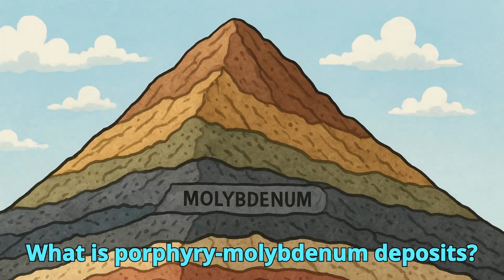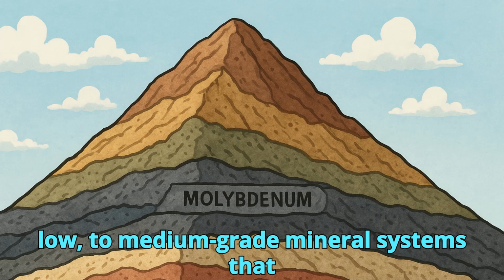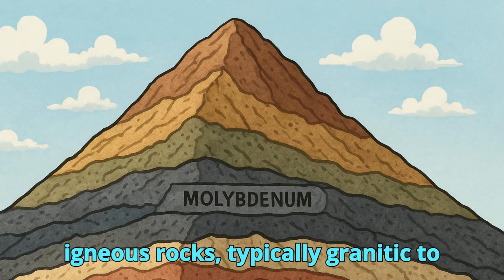What are porphyry molybdenum deposits? Porphyry molybdenum deposits are large, low- to medium-grade mineral systems that form in association with intrusive igneous rocks, typically granitic